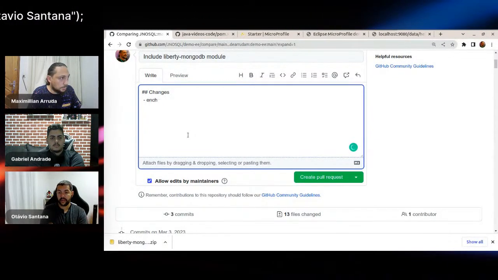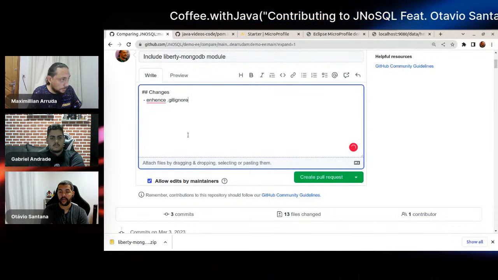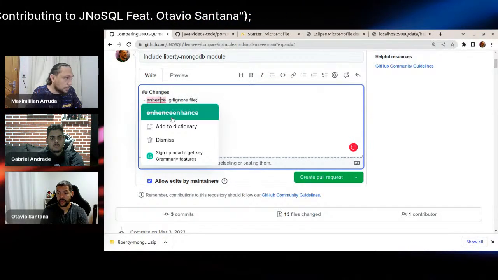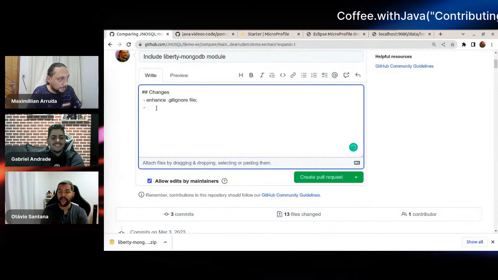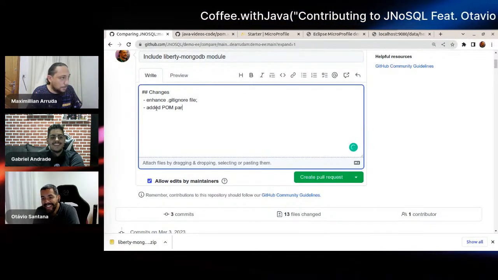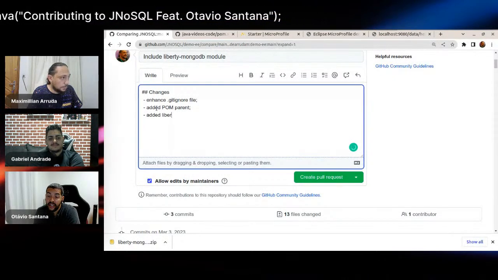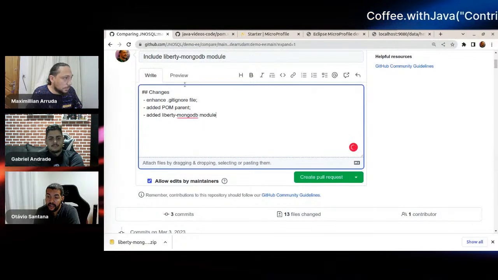In ruins, gitignore file. I don't know. It's a good one. Okay, thanks, Grammarly. I love Grammarly, the best tool. Everybody does. Add from parent. Add Liberty MongoDB model. This is a good one.